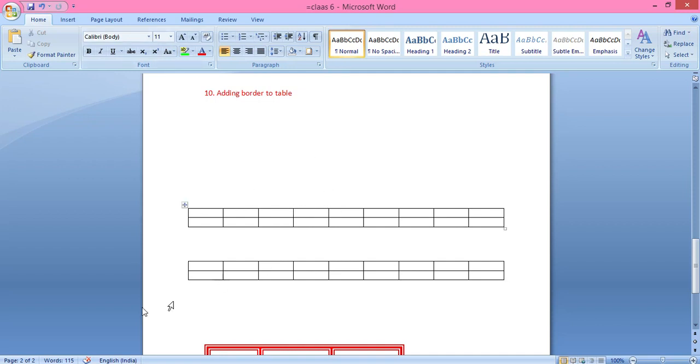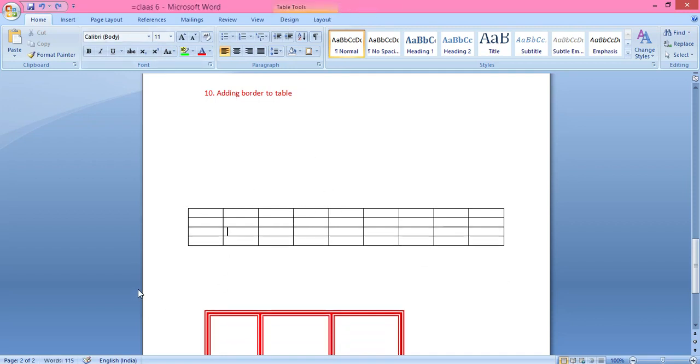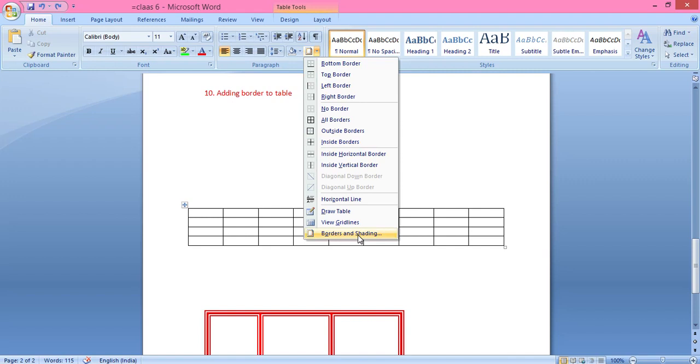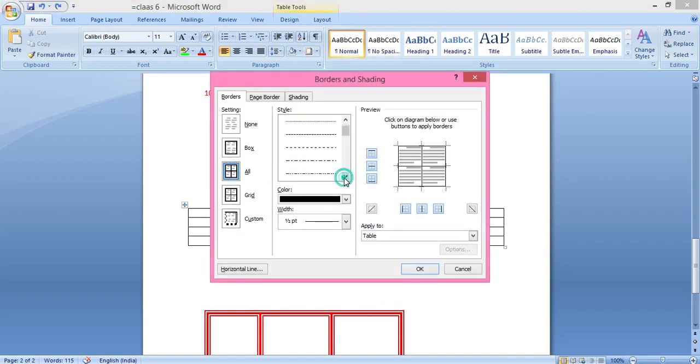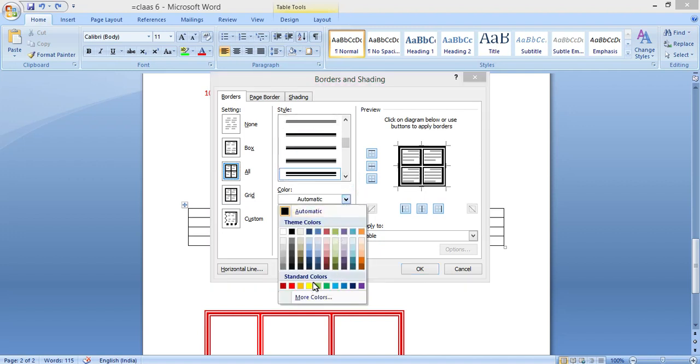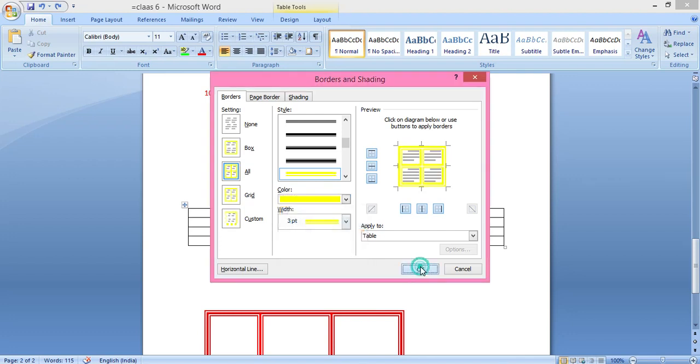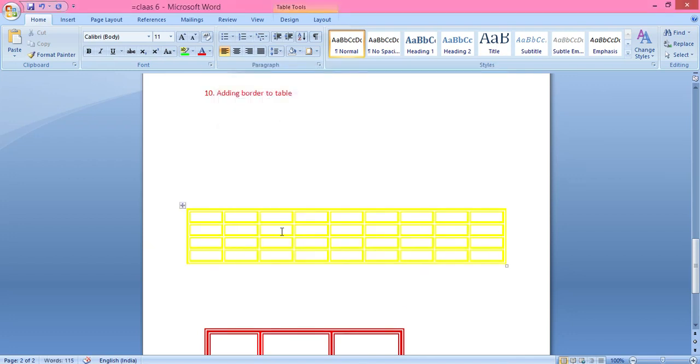Now how to give shades and borders in a table? Just go to the Home tab. Here you can see the option. Go to the last one, Borders and Shading. Now decide which type of border you want to give. Decide your color, which color you want to give, and press OK. See, the border has changed.